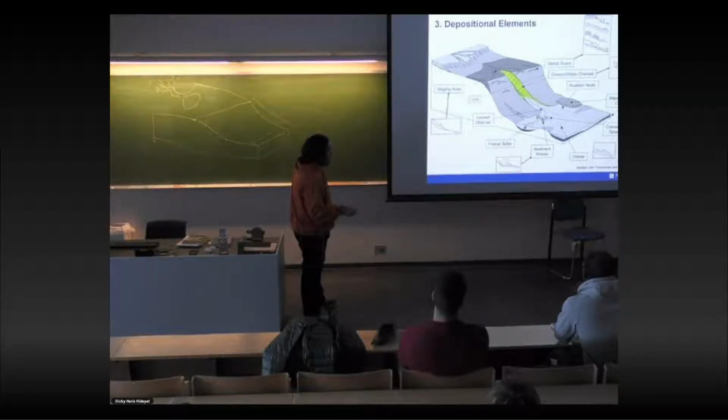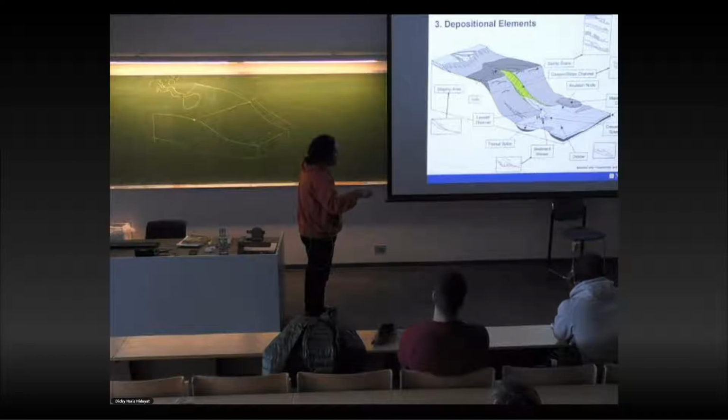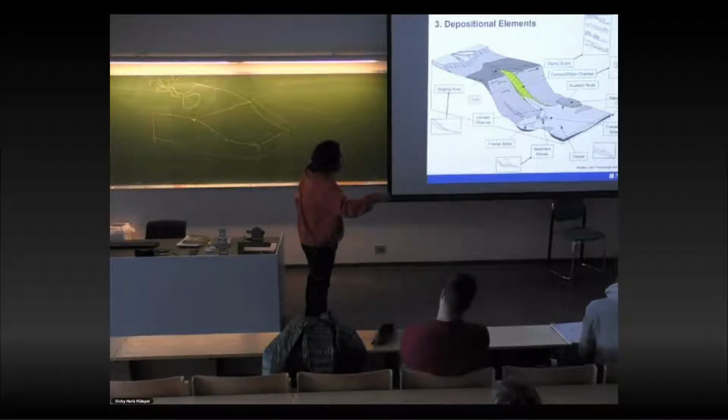Next is about this contourite, or they call the sediment waves. Because of current in this basin floor, they create these sediment waves. So the contourite is mostly located in the basin floor. You can have contourite in this slope here because you also have a current going like this.